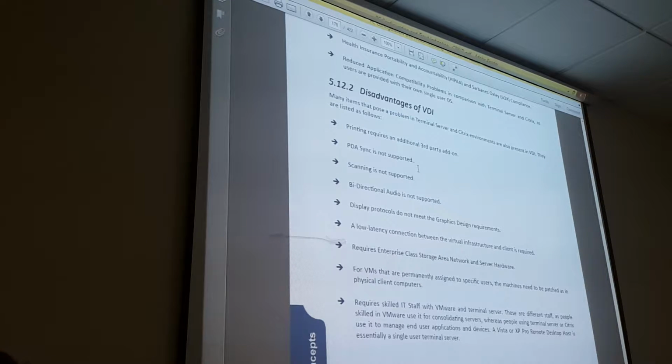But I think it's not an issue now. I think these things are overcome now. PDA, sync, non-support. I think there is a bi-directional audio,